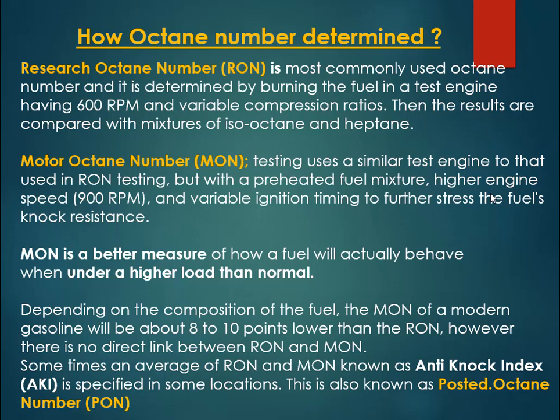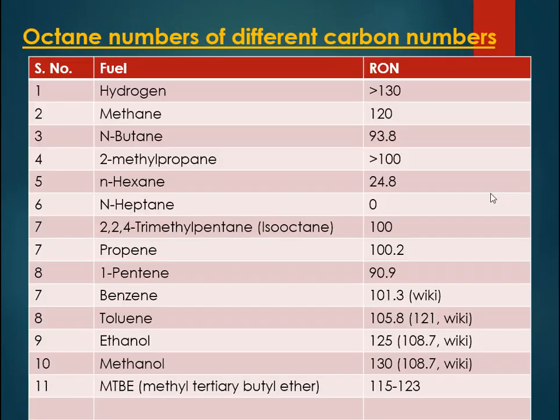So we now understand that a high compression ratio engine may require high octane number fuel. So let us try to figure out what type of molecules have high octane number and what type of molecules have low octane number. So octane number basically depends on the type of molecules as well as the number of carbons of any hydrocarbons. For example,